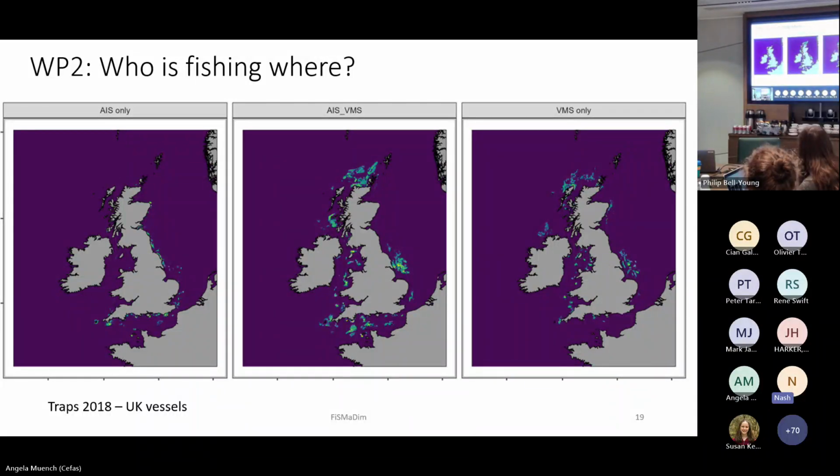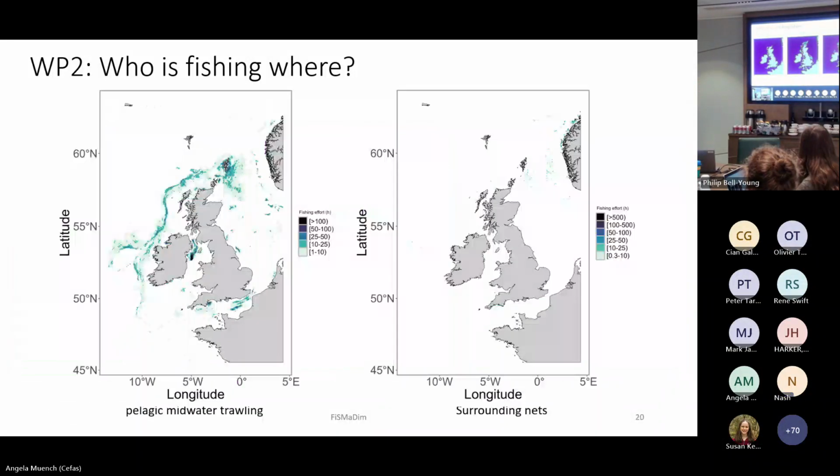And on the right-hand side, you can see where we only had information for the vessels with VMS devices. So just to show you how this data was representing vessels that were perhaps not there, and also augmenting the data for VMS. And these are our final maps now.